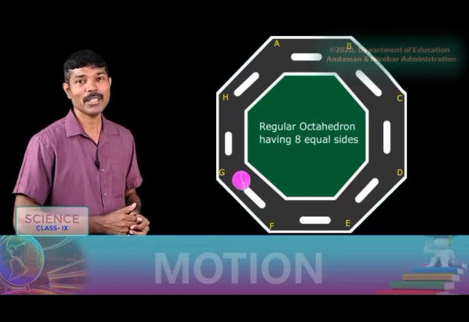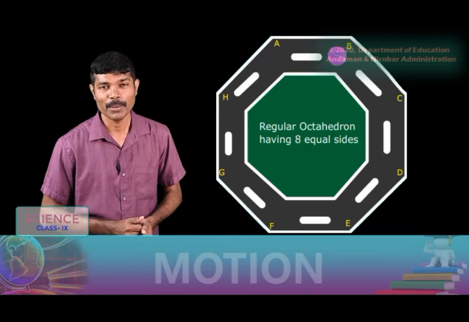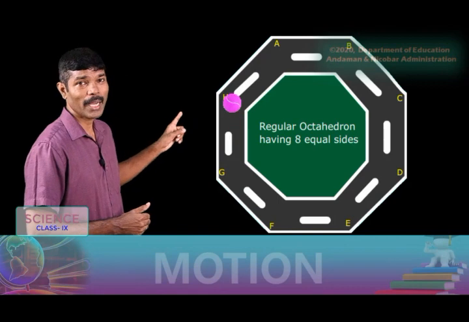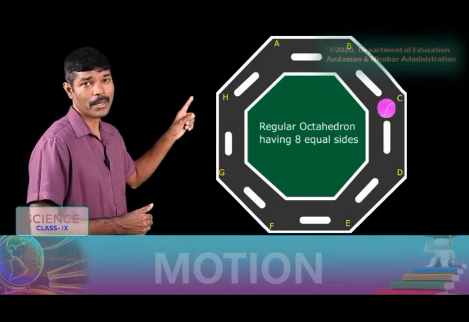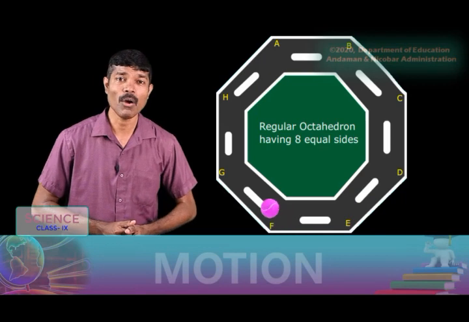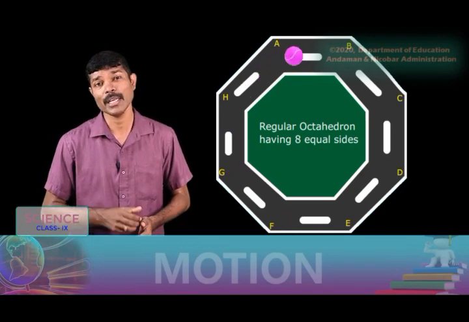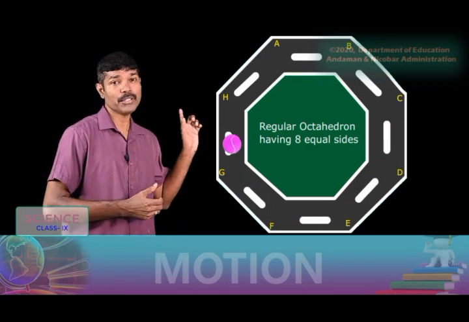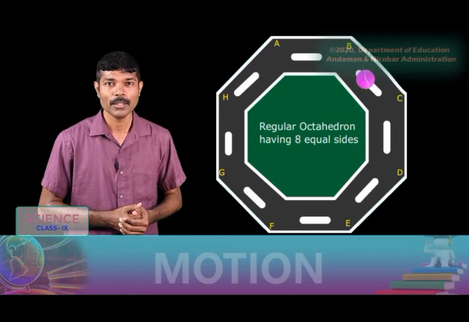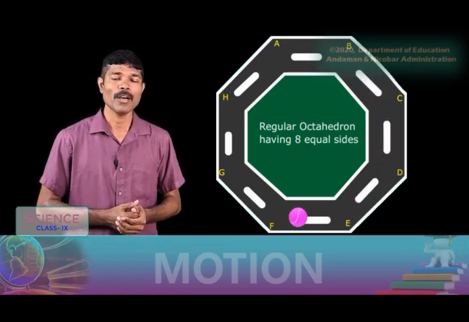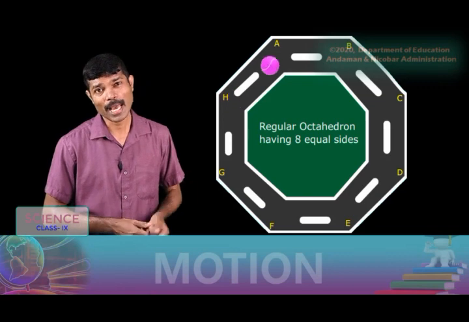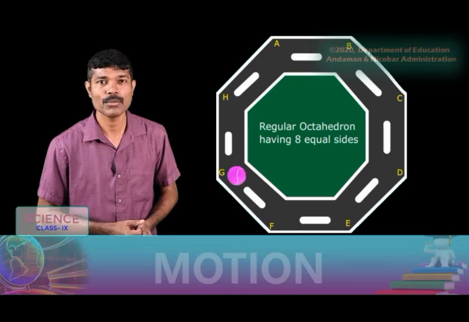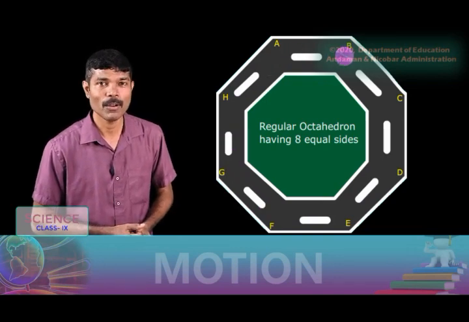Here the acceleration is again not 0, because the motion is uniform, but starting from point A to the end, it completes one rotation. In order to complete one rotation, the object needs to change its direction 8 times. So the change in velocity we can see here is due to the change in direction. As a result of this, we can say that the object is accelerating. So the acceleration caused by the object during its uniform motion is due to change in velocity.